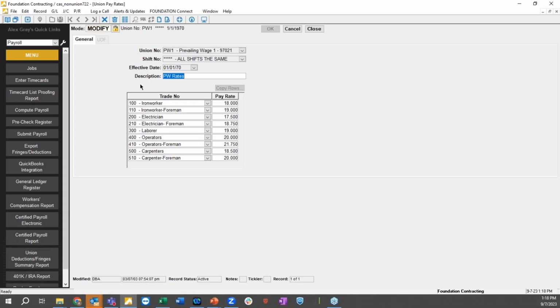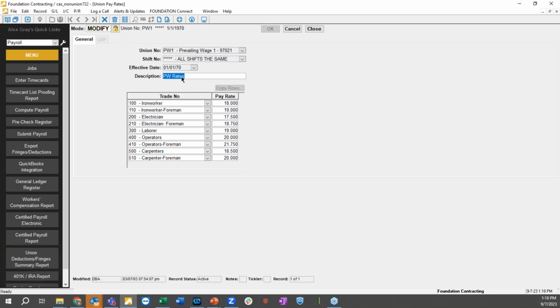Say Rick was working on job 12, a private commercial job, getting $15 an hour that week, but Rick also got sent to job 931. That's a prevailing wage job, where we can take these pay rate tables as well as the fringe information I'll jump into in a moment and tie that to that specific job record, where in our system a job is a job. It's going to control the taxing jurisdiction that needs to be applied, and also, if we're a union prevailing wage contractor, the rates of pay, benefits, and fringe information that need to be tracked.